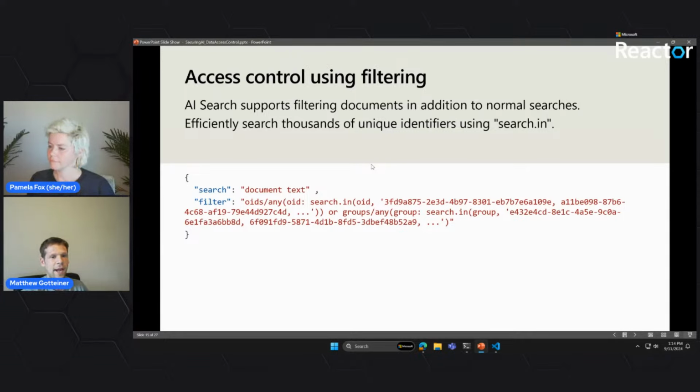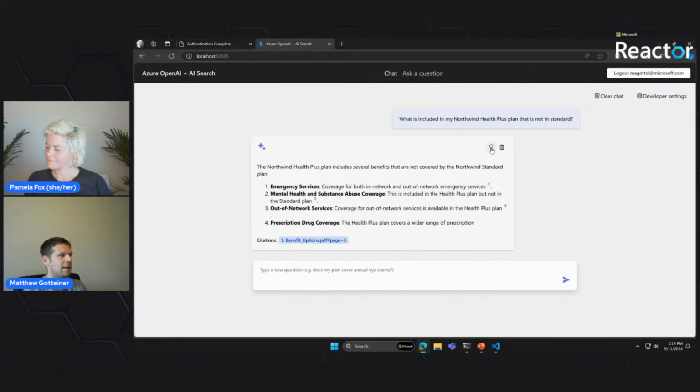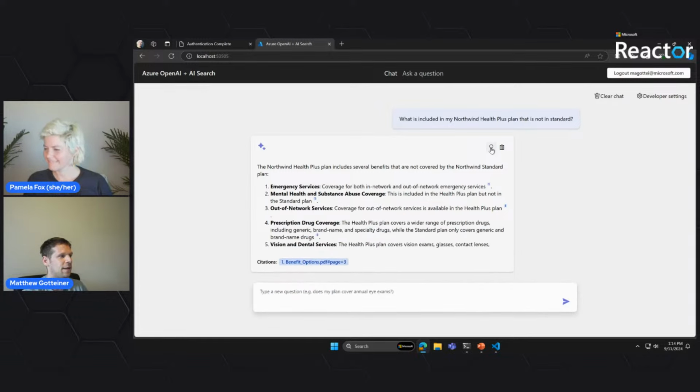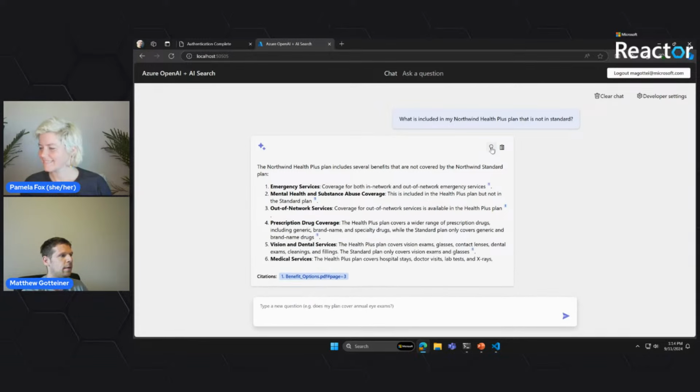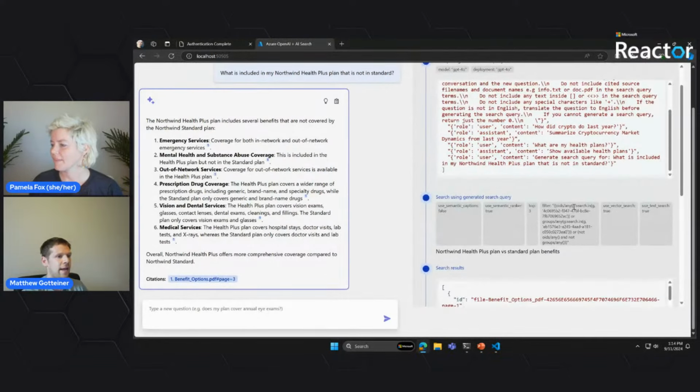So you can basically just say, hey, I have this user who's logged in. When I issue the search, we're waiting for the streaming to finish here before I show you the thought process again. But once this is finished, we can see that, hey, this user, so this GUID right here, is my identity in the system. So inside the search index, I actually have this field uploaded to the index.